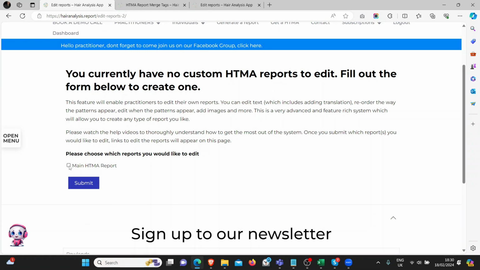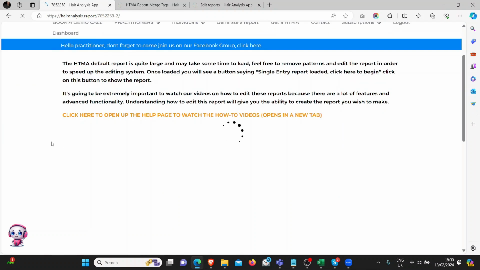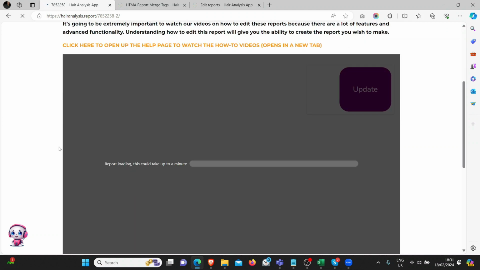So at the moment we've got the main HTMA report that can be completely edited by yourself. We will be adding others in the future, but obviously most people use the main hair analysis report. So click on this and then click submit. Once that's submitted, basically what the application will do is it'll duplicate the original hair analysis report so you can edit it. Now the report is quite large, so it's going to take a minute to load up the